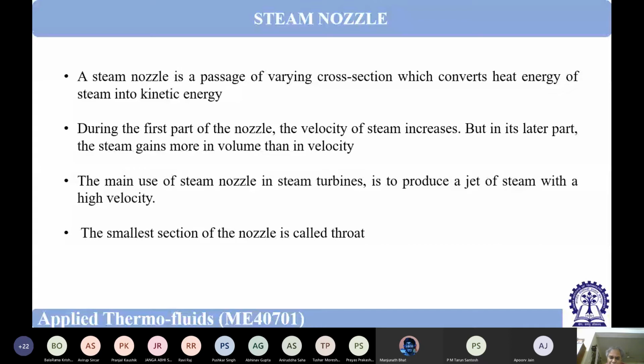So always we will use some sort of a conical nozzle whose exit area is smaller compared to its entry area. But in case of gas, it is not like this. We can increase its velocity by going to the supersonic region. So we can use a convergent divergent nozzle. Convergent divergent nozzles are very well used in rockets, in jet engines, and in steam turbines also. We will see that it is used in steam turbines also. Good.